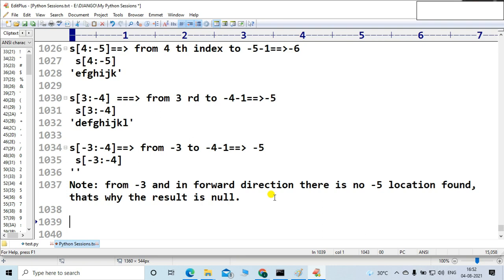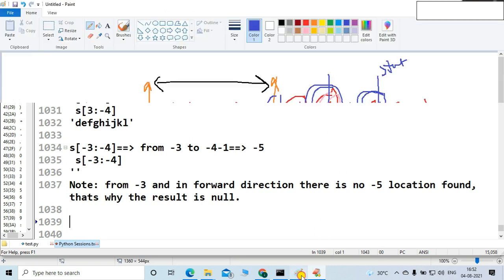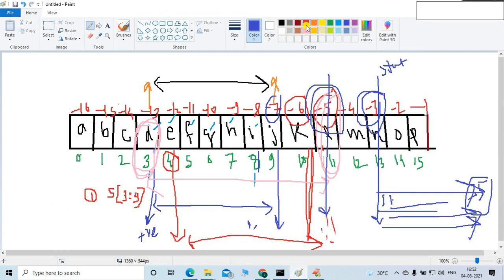If in the forward direction you don't find any location, like in this example, let's say -5 is not present in this direction. Is there -5 in this location? No -5 in this location. -5 is present in that location, right?